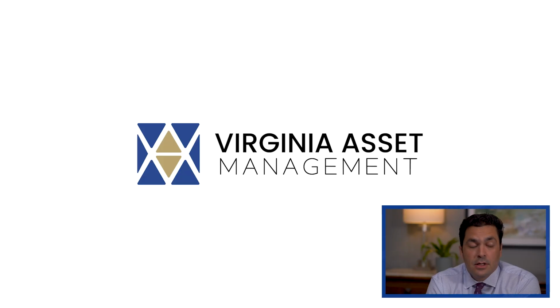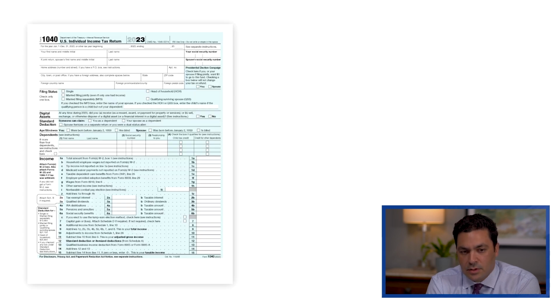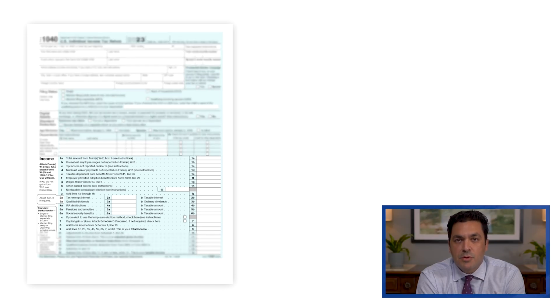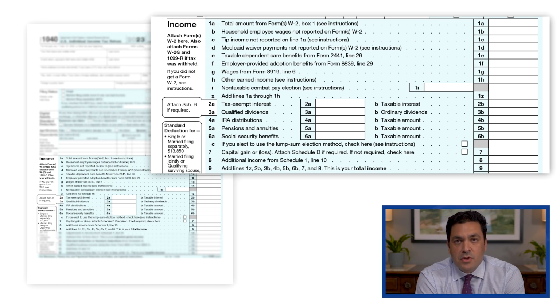Let's say you're a doctor. You make $100,000 a year. It's February of next year, and you've got to start getting your tax docs together. First thing you need to gather is everything that's going to tell the IRS how much gross income you had for the year. One, you might have something called a W-2.